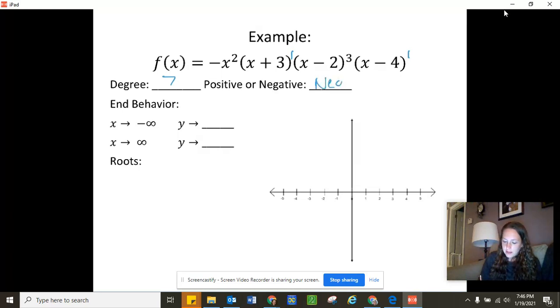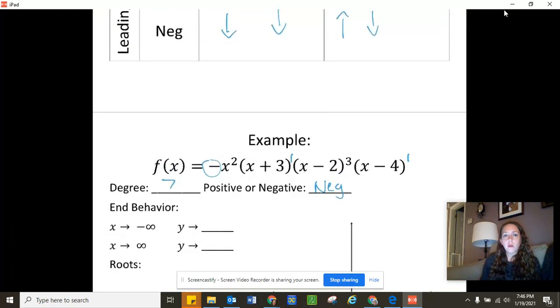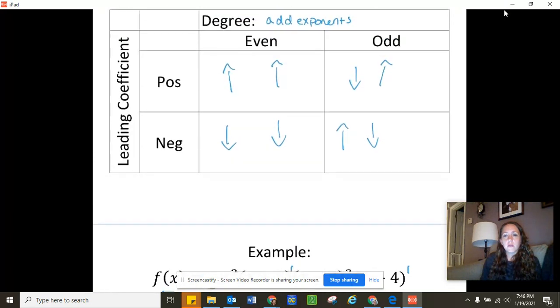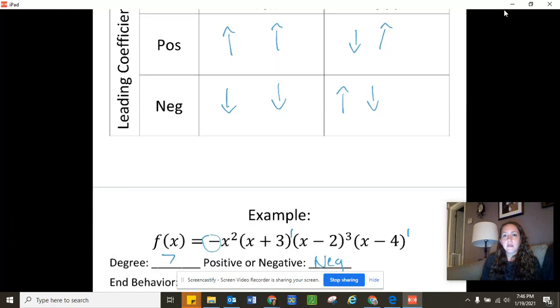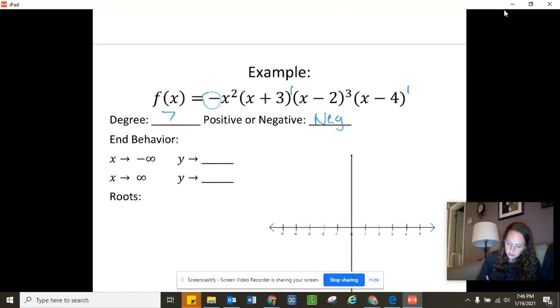And it is negative because there's a negative in front. So if you go back up to our table, 7 is an odd number and it's negative. So the end behavior is starting up high and going down low. Now,